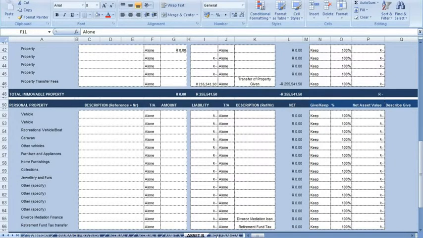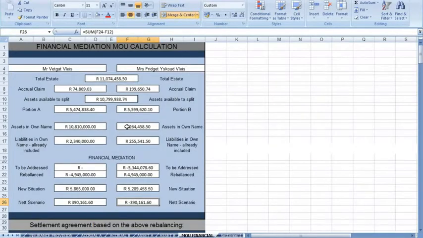The next tab is the tab on which you are now distributing the mediation on the finances. You will see both parties have been pre-populated. This is the total estate that is disposable. This is the accrual claim that we've worked out already from the previous one for party A and for party B, and the assets